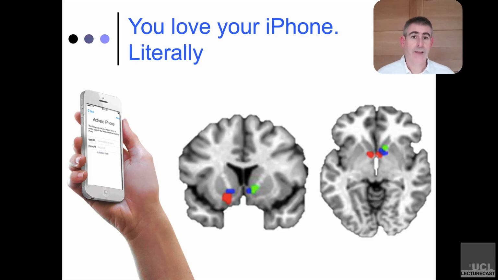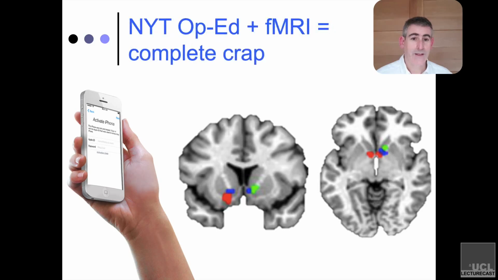Now, imagine you're Apple, and you're then going to put together some sort of big old marketing campaign around this. You would like this interpretation to be valid and correct, because otherwise you're going to put together some multi-million-pound campaign that's not really going to land in its market. The problem is that Lindstrom published this in a letter to the New York Times. Approximately 2 weeks later, Russ Poldrack led a group of international neuroscientists who wrote a response to this saying, hold a sec. And in fact, Russ wrote a blog post called New York Times op-ed plus fMRI equals complete crap.